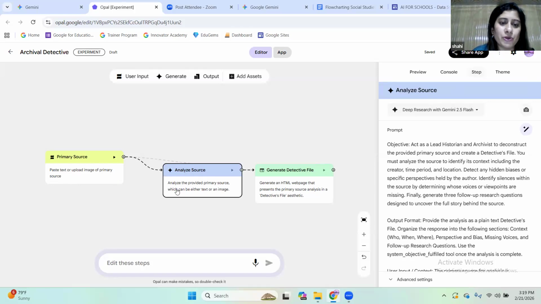Then the app is going to analyze the provided primary source, which can be text or image or letters or laws, because this app is related to historical analysis. Then it generates an HTML web page that presents the analysis. So this is how I want my output.